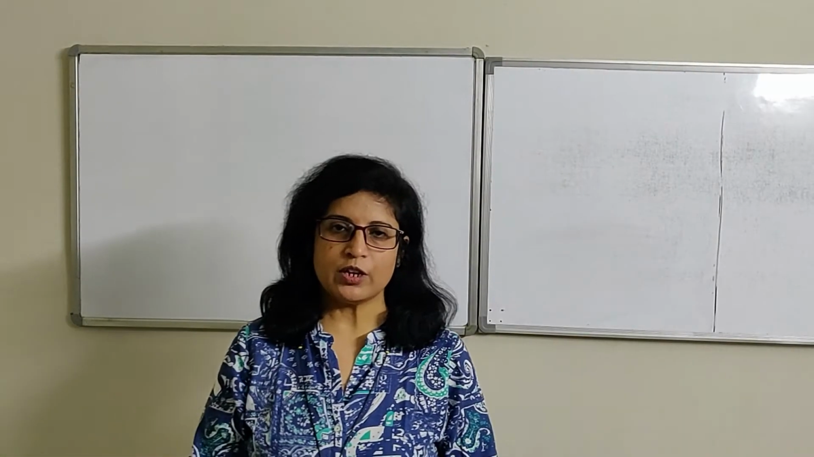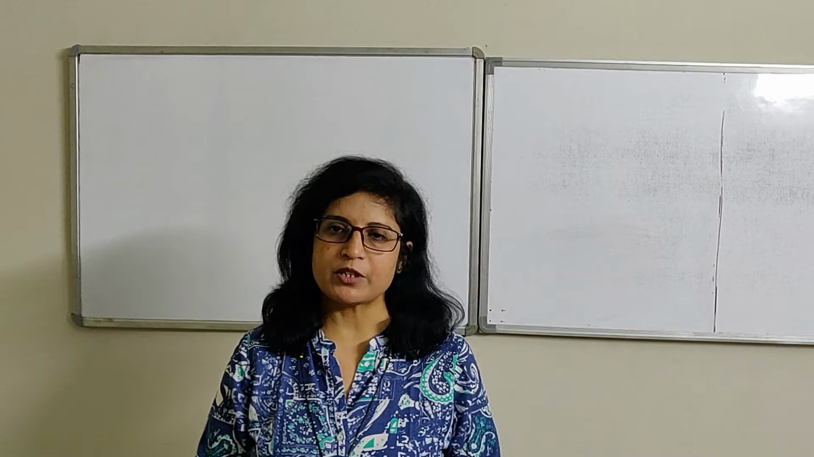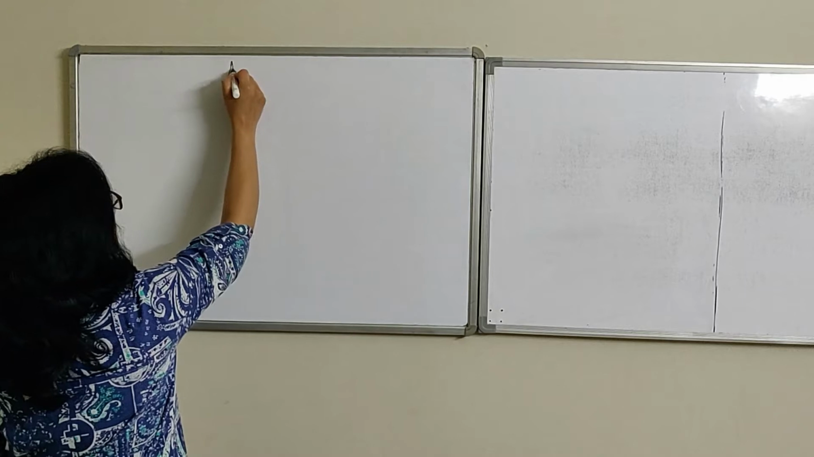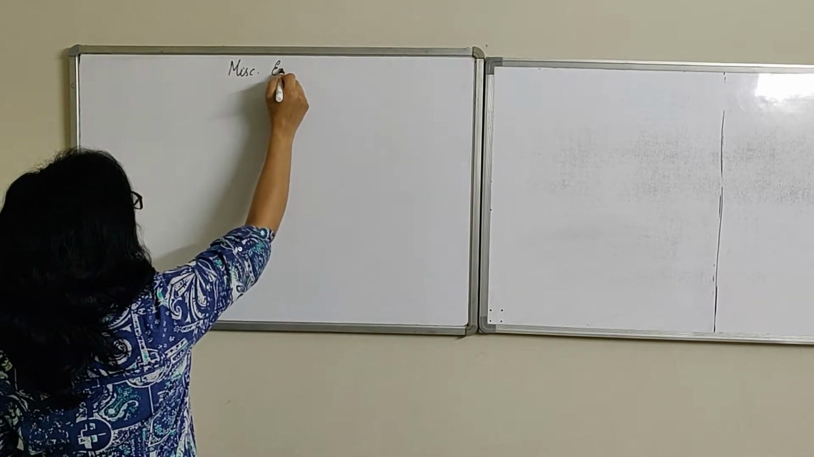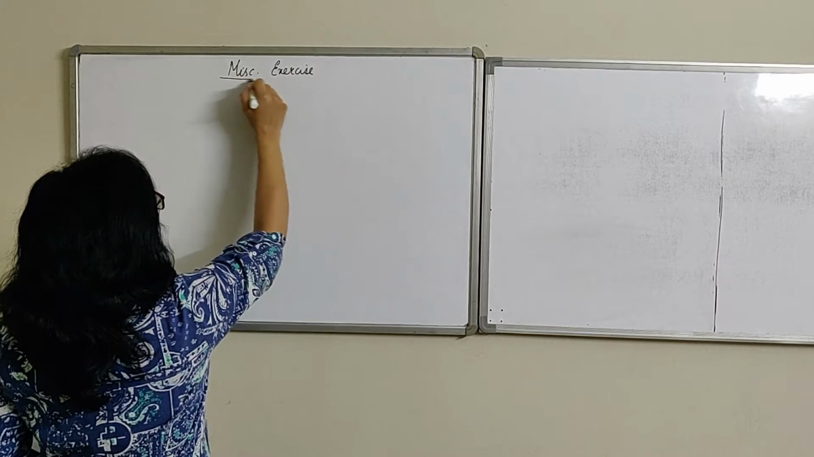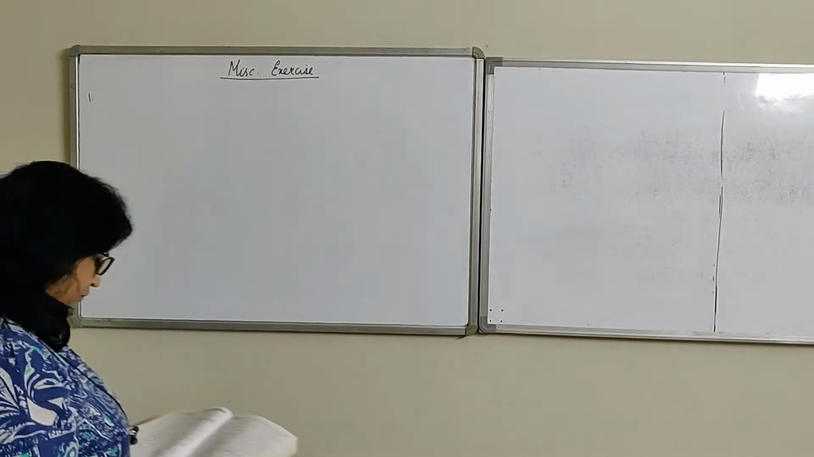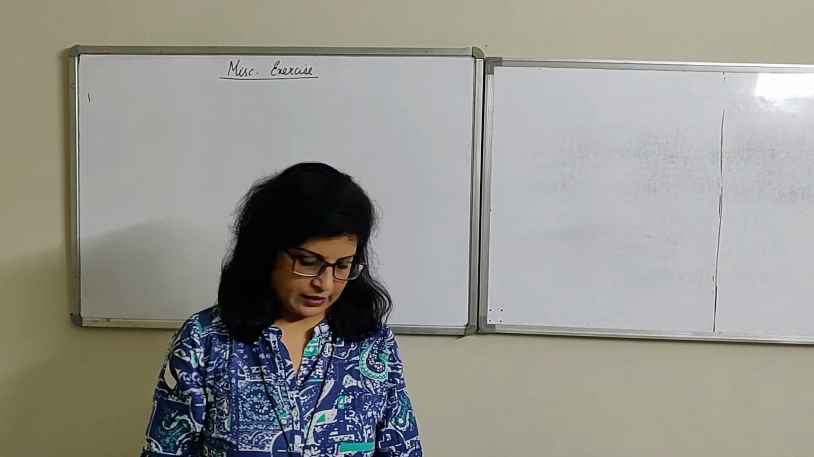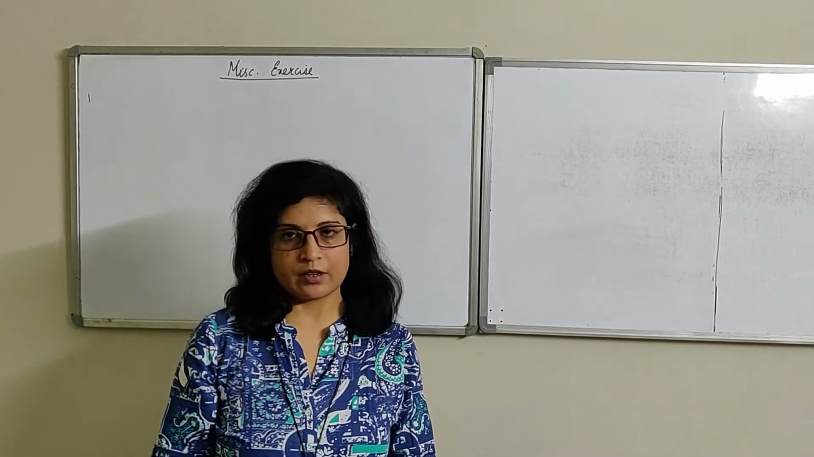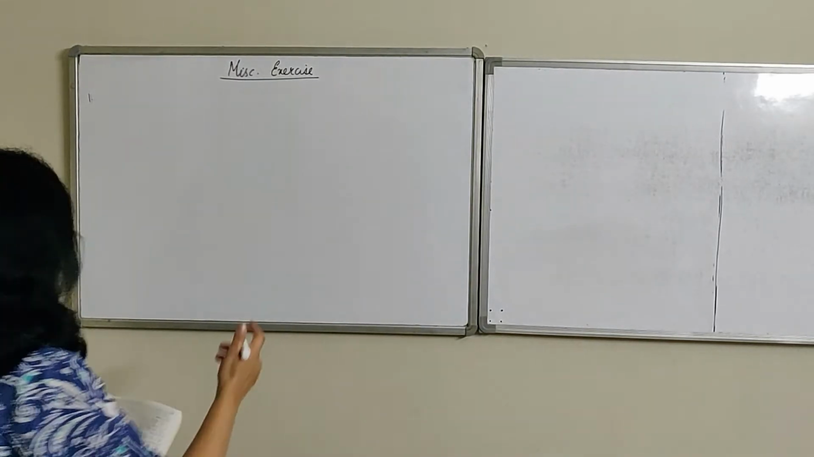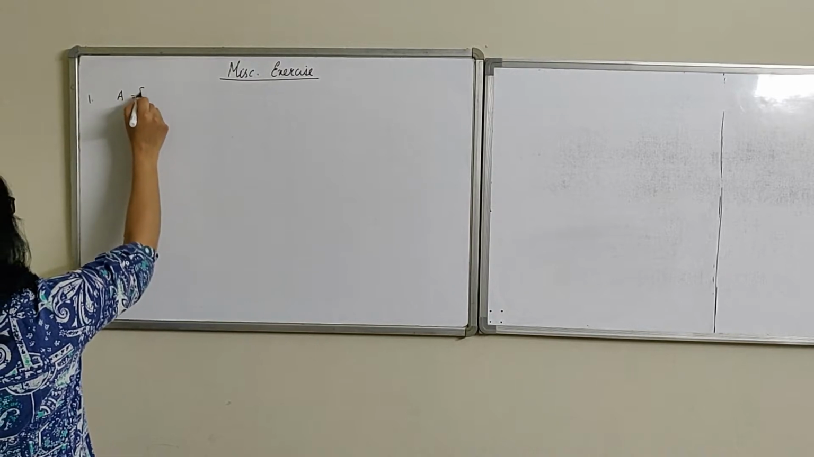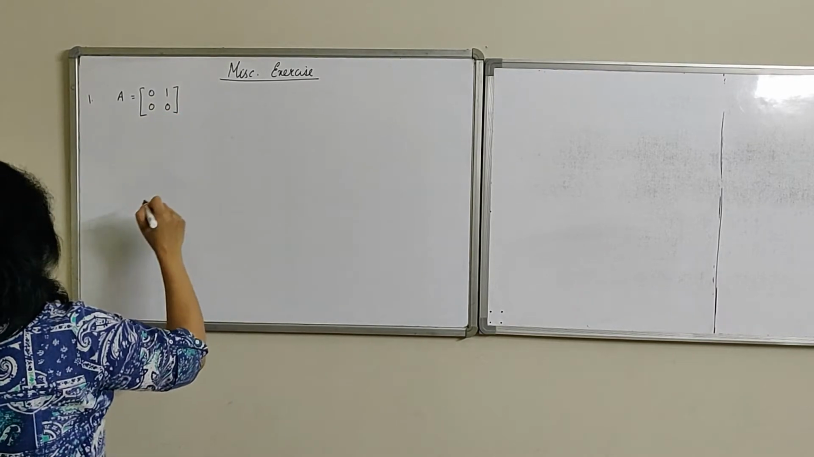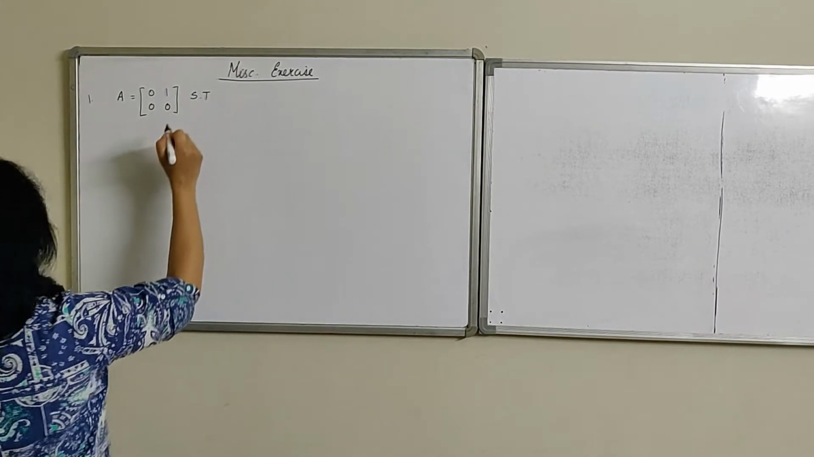Dear students, in today's class we shall be solving some questions from the miscellaneous exercise of matrices. So the first question, matrix A is given and we have to show that some expression is equal to the right hand side, where n is a natural number. So I write down what is given to us. Matrix A is a square matrix expressed this way, and we have to show that